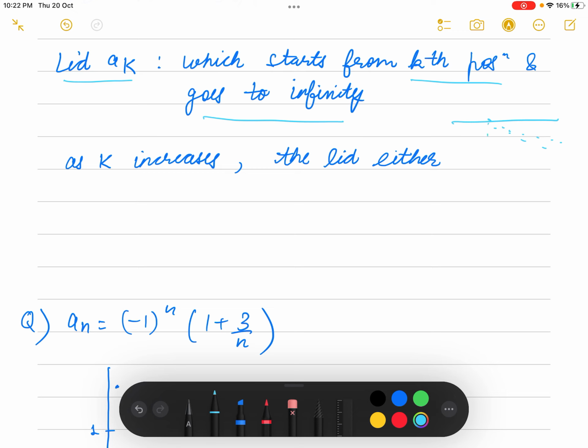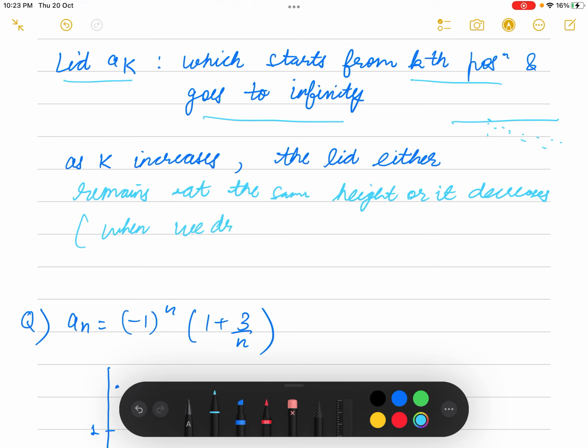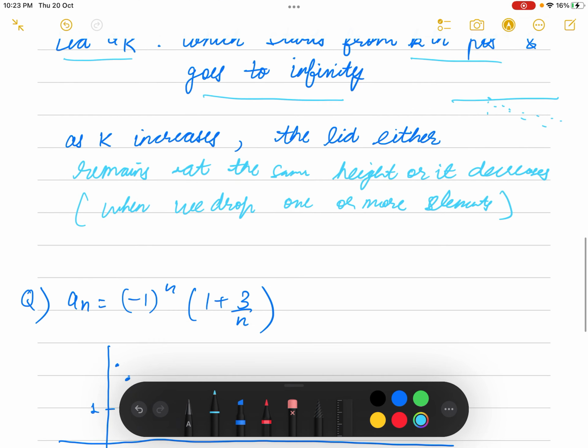We know that as k increases, the lid either remains at the same height or it decreases. It decreases when we drop one or more elements. So essentially, the size of our set is getting shorter and shorter